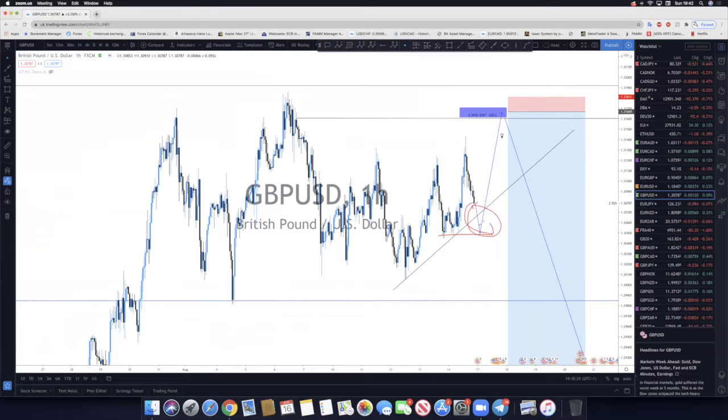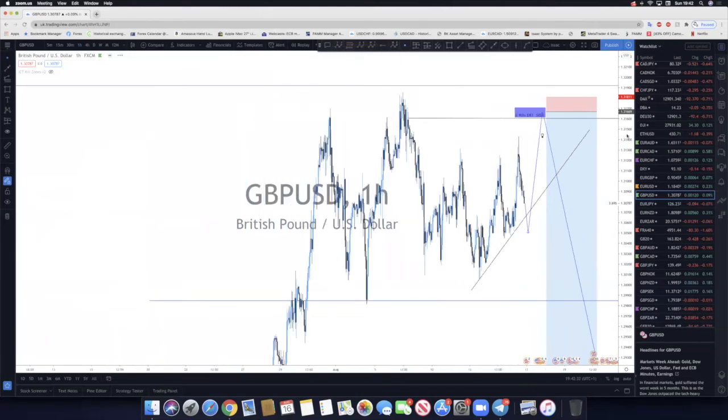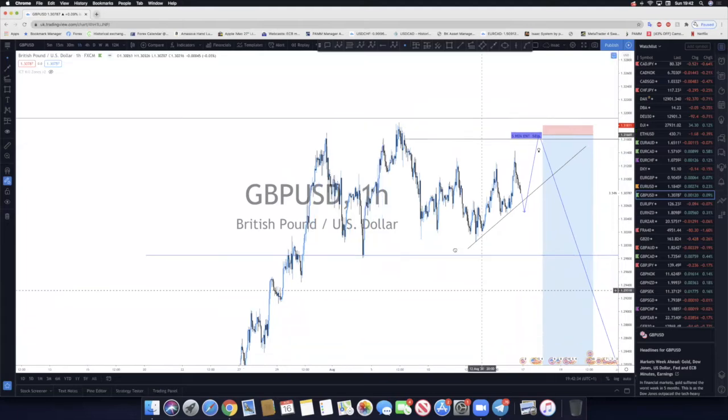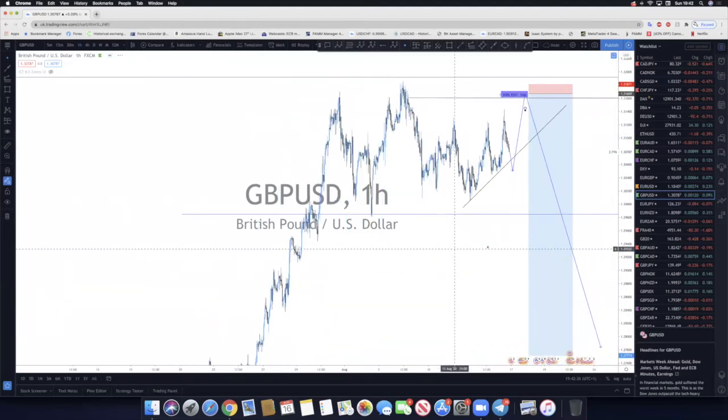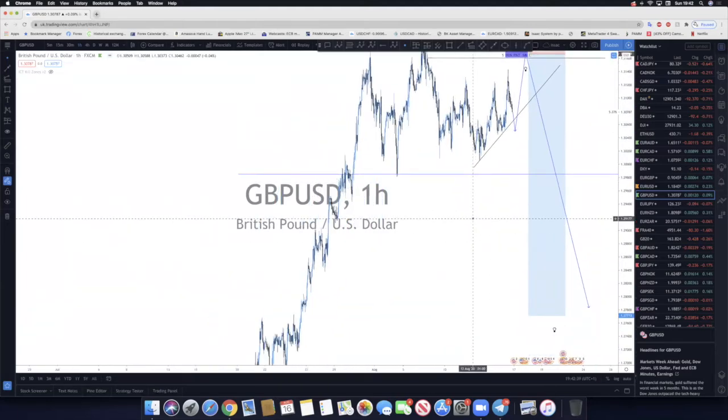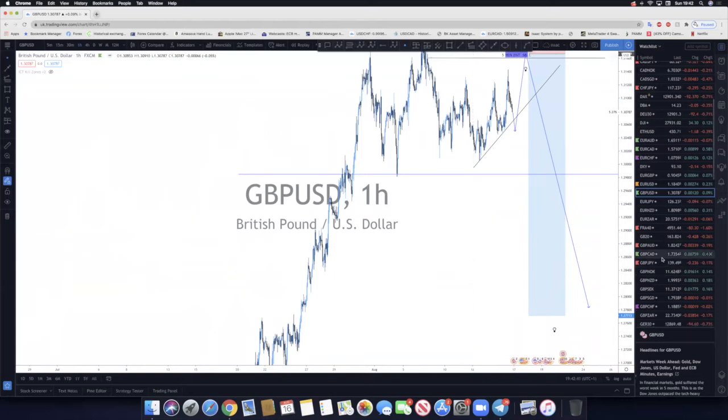Let's wait for the market to open, then see the reaction on Monday, and then we can take a step forward on the following day. Okay, so far, this is what I'm looking for. I'm looking for my sell. Okay, so this is the pound dollar. The next one will be UJ. I will take you through the UJ.